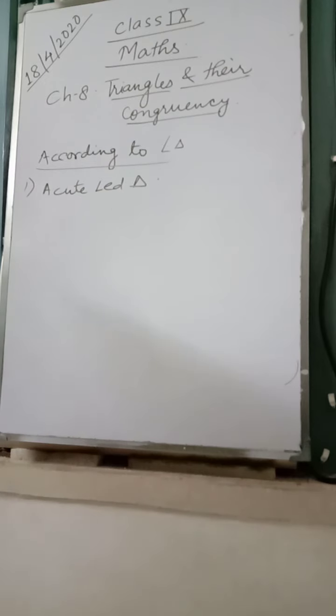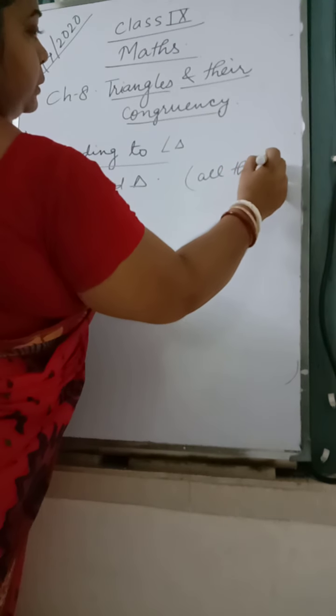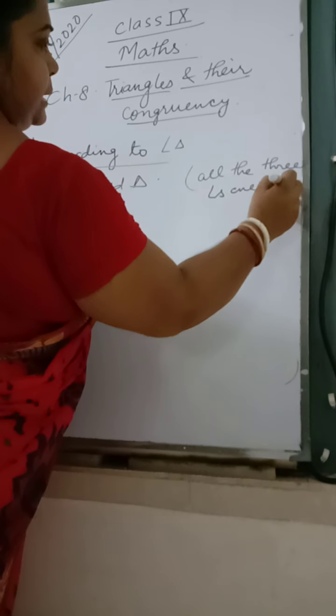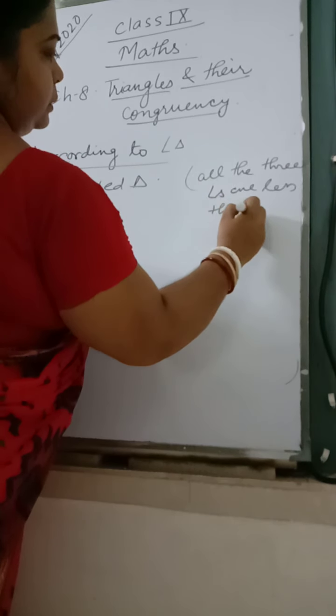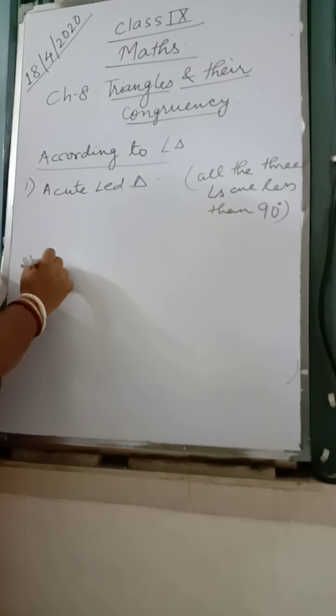Obtuse angle triangle: one of the angles of the triangle is more than 90 and the other 2 angles are less than 90. Second we have the obtuse